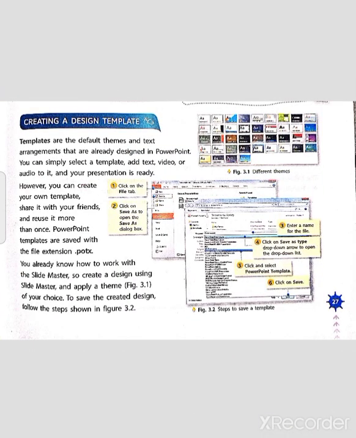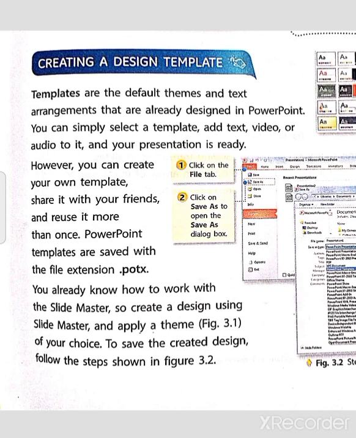So now our first topic is creating a design template. What are templates and how do we create a design template? Templates are the default themes and text arrangements that are already designed in your PowerPoint. These templates are predefined in your PowerPoint.